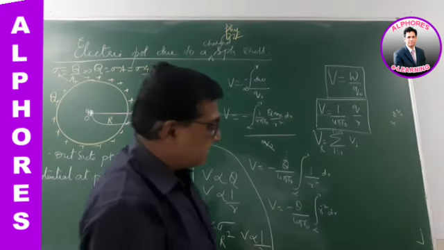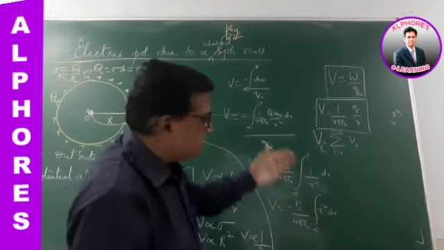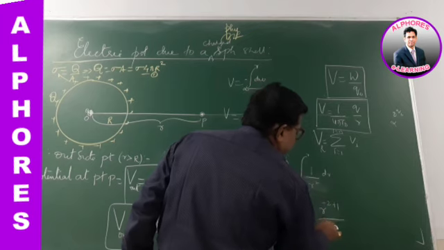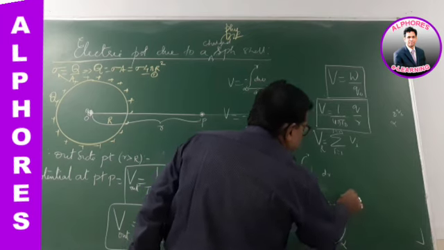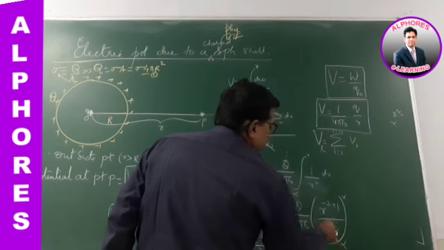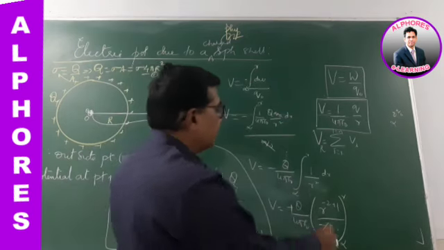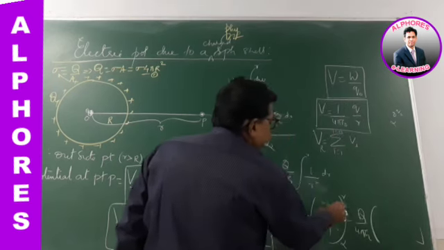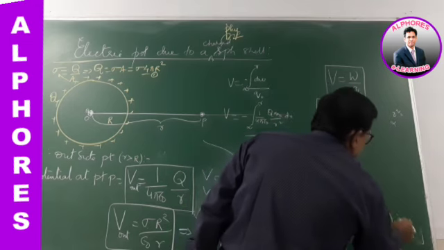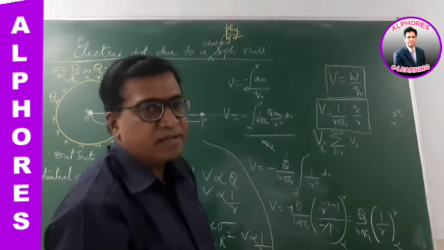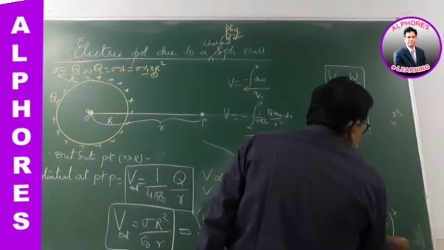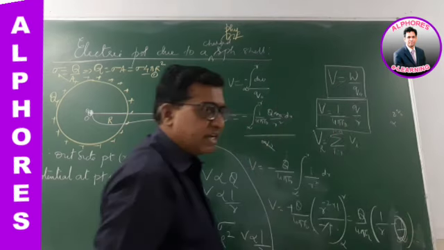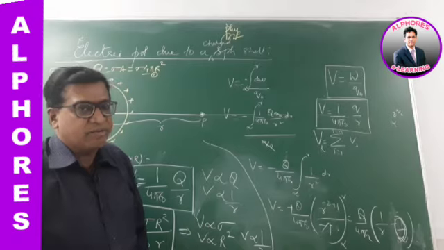We know the integration of x power n is x power n plus 1 by n plus 1, the same derivation as we have done before. So this I can write as r power minus 2 plus 1 by minus 2 plus 1 from infinity to r. Well, minus 2 plus 1 is minus 1, and the minus cancels here. So I will get 1 by 4 pi epsilon naught capital Q, minus 1 by r from infinity to r. Substituting the upper limit minus the lower limit, the upper limit gives 1 by r minus 1 by infinity. 1 by infinity is 0. So you will get 1 by 4 pi epsilon naught q by r. So that way you can find the potential.